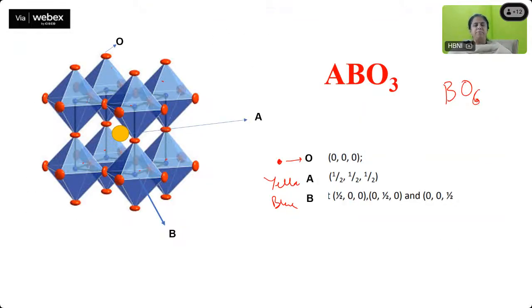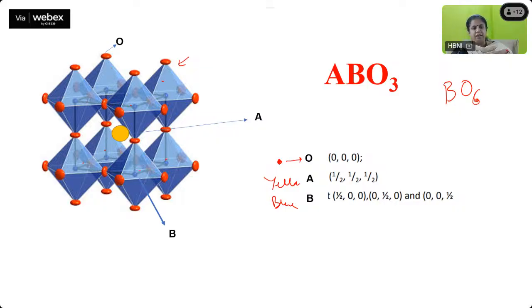Now what happens if the tolerance factor becomes lesser than 1? Lesser than 1 means the numerator, Ra plus Ro, is smaller. Now A is so small that it cannot fill this cavity. It will be smaller than the space provided to it, which means it will rattle. What I told you a few minutes back was that if the cation rattles, it is not a stable situation. So this structure is so flexible that the TiO6 octahedra surrounding your A cation